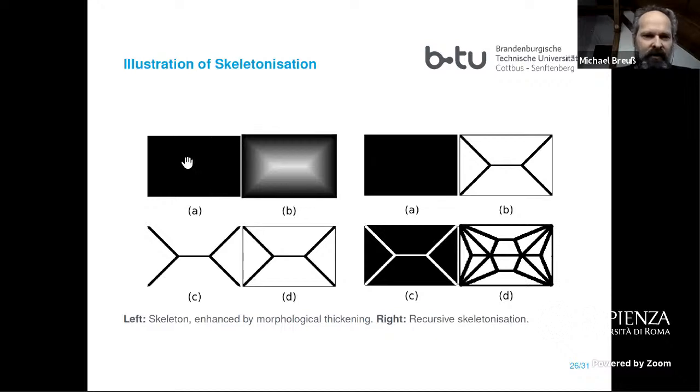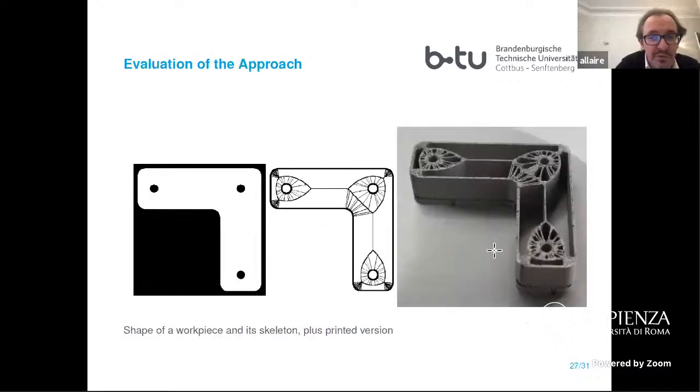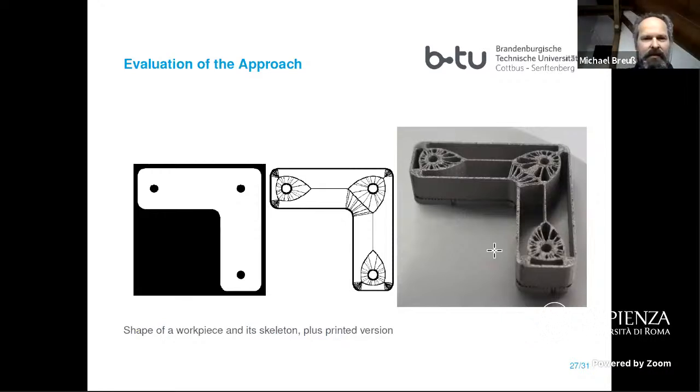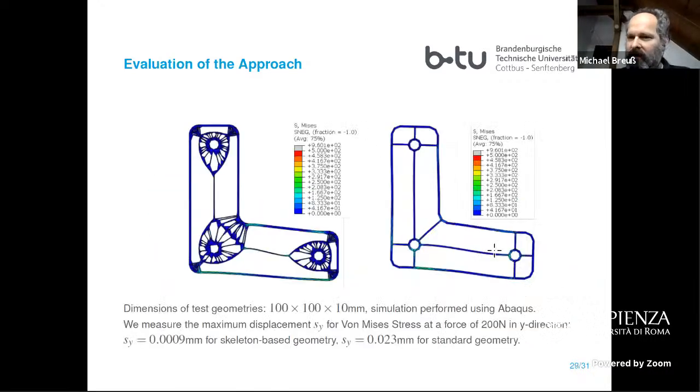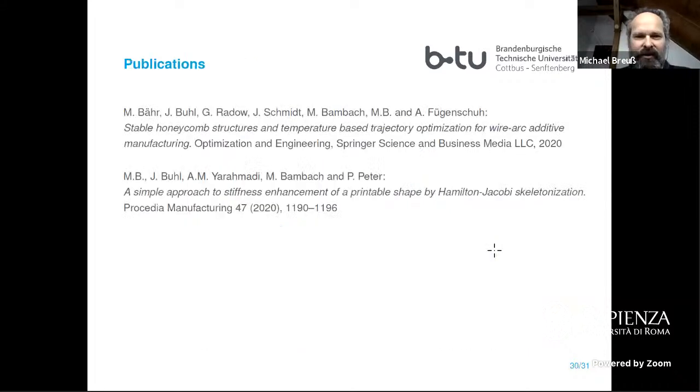So on the left here, you see the inner part of the shape, an account of the distance transform. You see the skeleton. You can thicken it by morphological filtering, no problem with tiny structures. And you can fix this together with a boundary. You can apply it in a recursive way. This is here on the right. So you can take the newly computed sequence and apply this recursively. Michael, please, I'm sorry, but you have to go to the conclusion. Okay, good. Thanks. So one can also investigate this with some mechanical stress simulation, no problem.